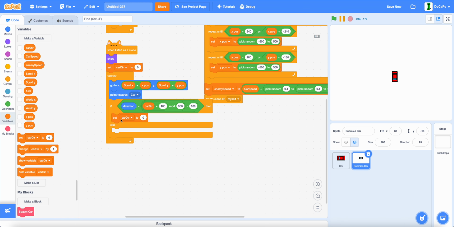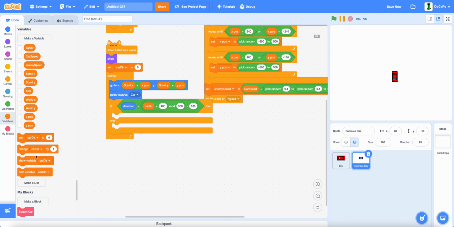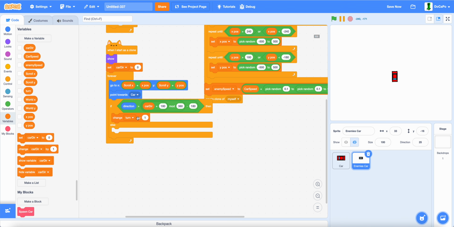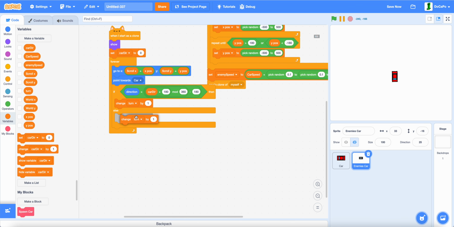Now set, or actually change turn by 1, else change turn by -1,